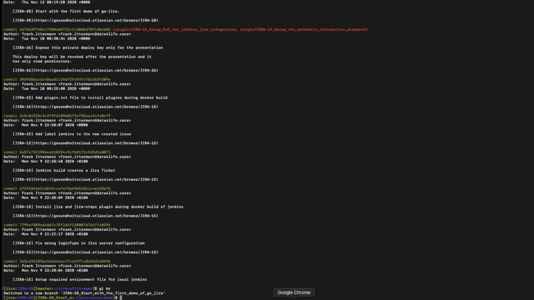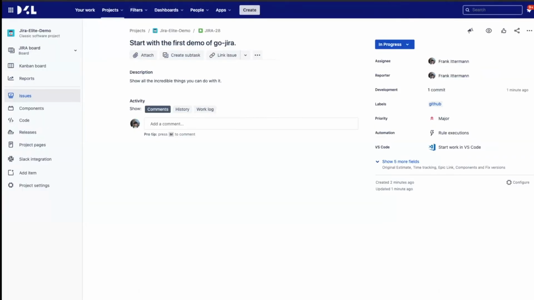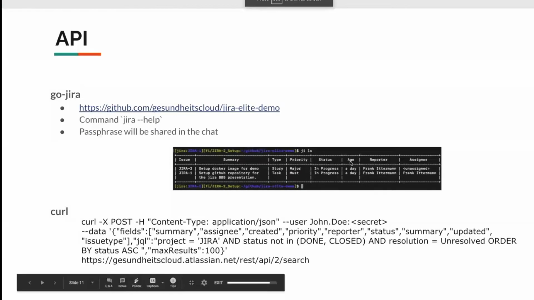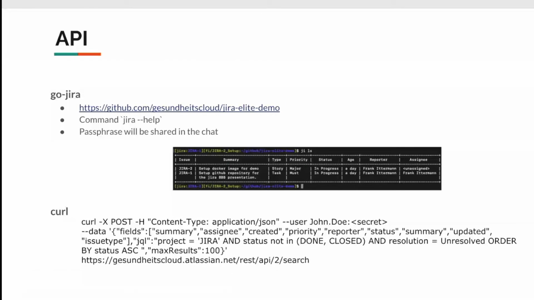So this was basically the developer side of things. With this, you should be able to work on issues easily, and also integrate them better into your daily work. That leads to more updates, that leads to better linking, and that leads maybe to less disturbance in your coding work. So you just type this command, you don't leave the terminal,